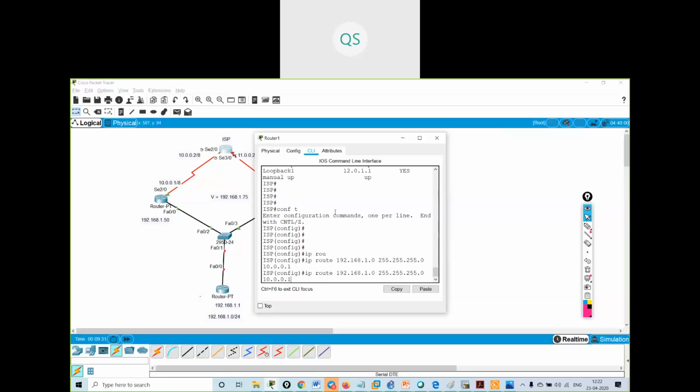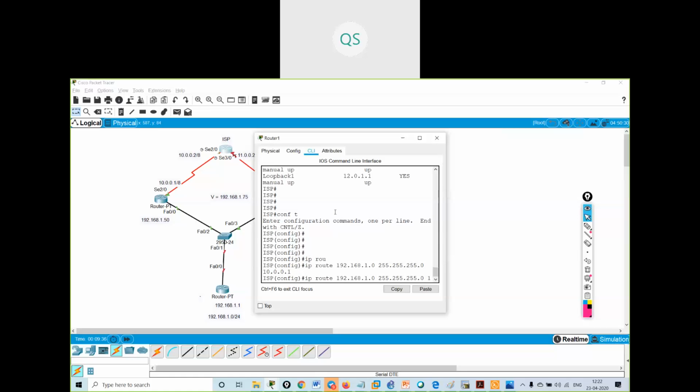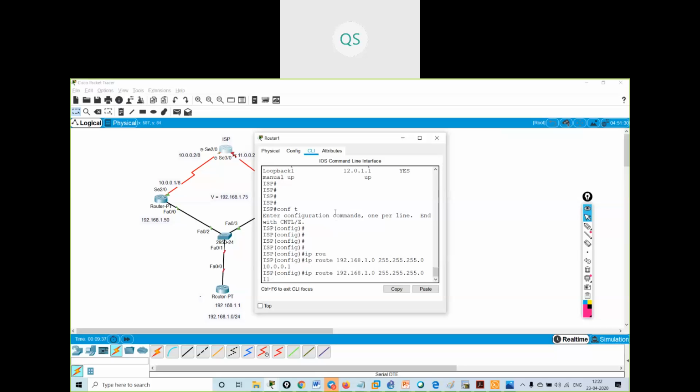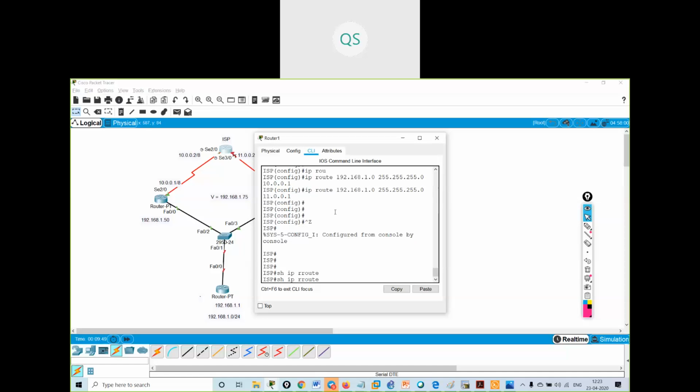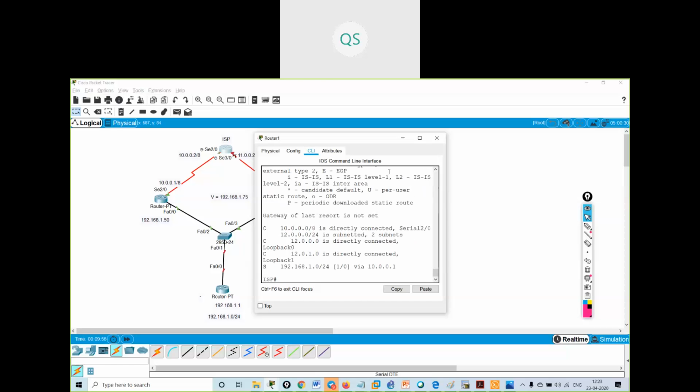Okay, I've created this one route, and you have to send it to 11.0.0.1. Okay, I've created two static routes. Got it? Show IP route. Okay, I've created static routes.